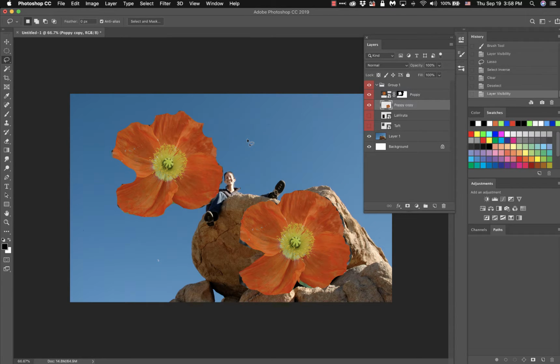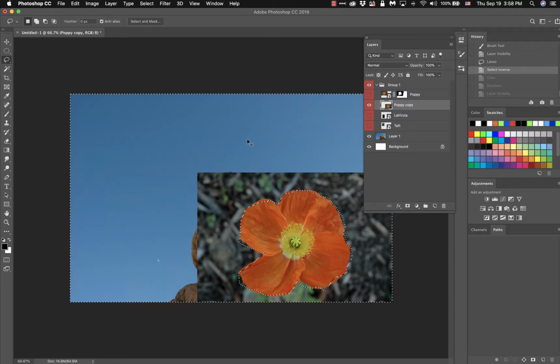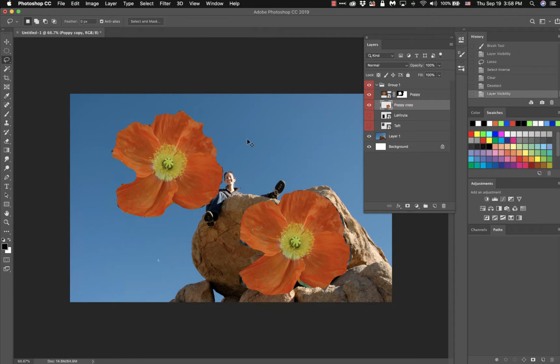So now we have two poppy flowers that have been cut out, one in a non-destructive and one in a destructive way. So this is where the non-destructive and destructive comes in. You folks may be saying, well, I can always Command Z on the regular poppy to bring back the flower. That's true, but if from this point on you start doing other